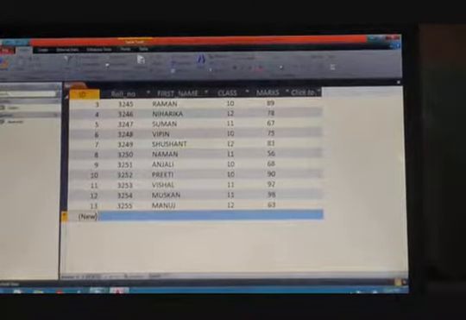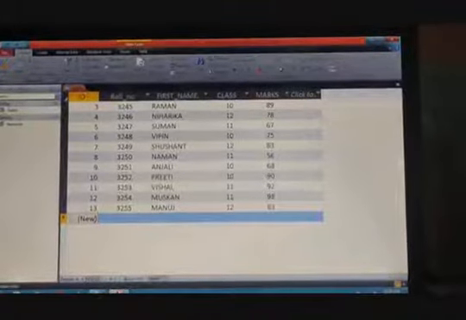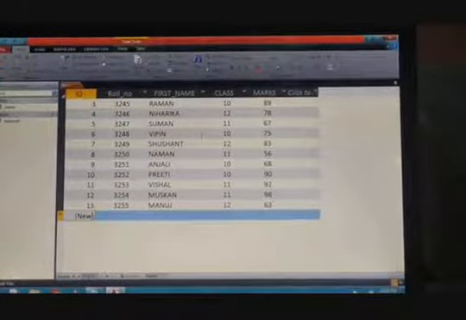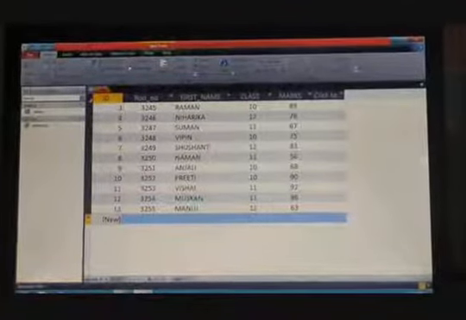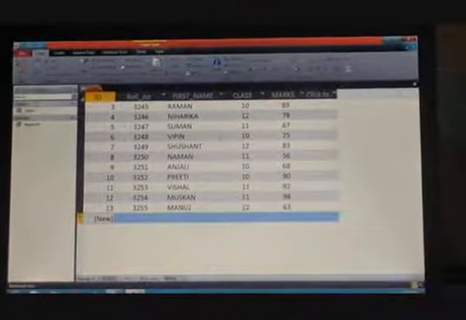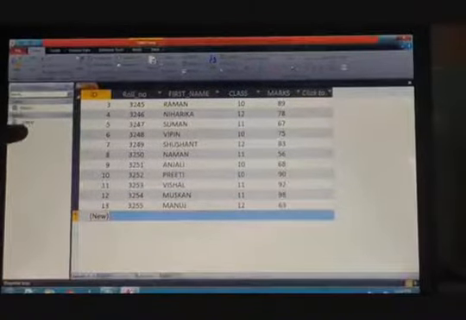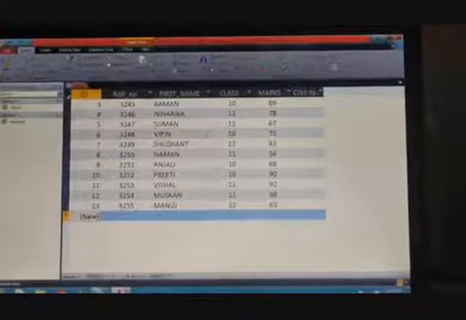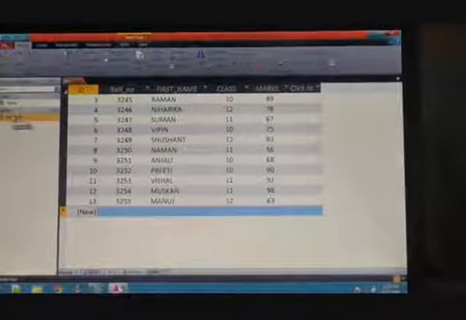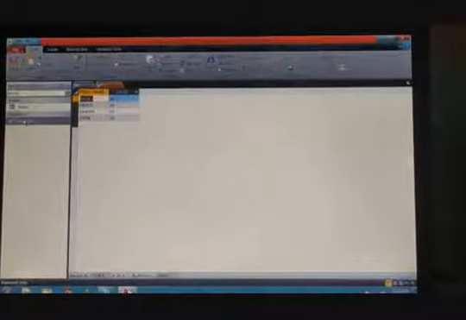Make sure you have selected the all access objects option in the navigation pane drop down menu. Double click on the query name to view the query output. Now you have to just double click on the query name, that is my query 1, to see the result. So here I am just double clicking on my query 1. So what is the output? Yes, we have displayed all the students' names which belong to class 10 in ascending order.